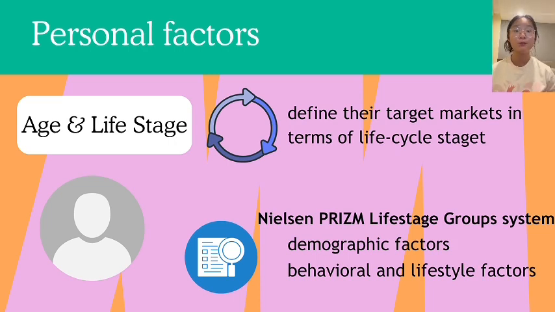Each stage has an example, such as having children, purchasing a home, children going to college, and retirement. And the Nielsen lifestyle groups system classified every American household into each lifestyle segment, and the classifications consider a host of demographic factors and behavioral and lifestyle factors. In conclusion, they better find, understand, and engage consumers, and create targeted, actionable, and specialized campaigns.